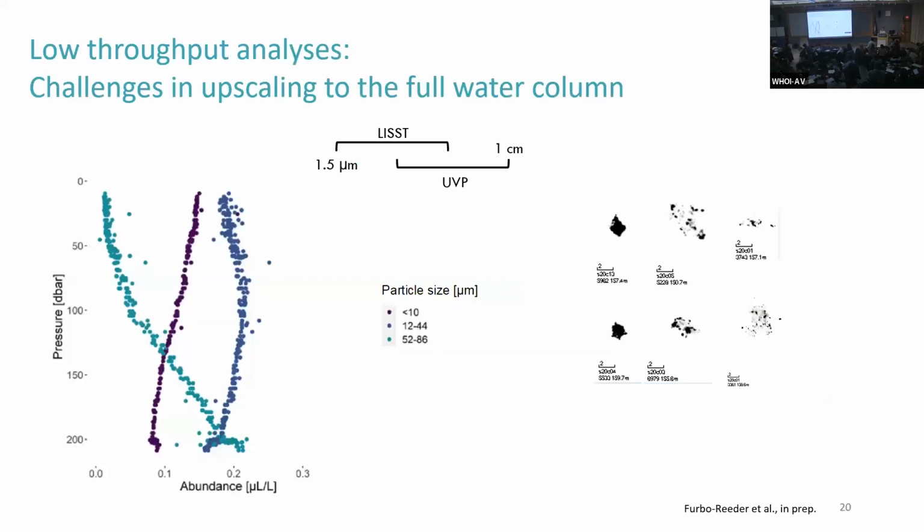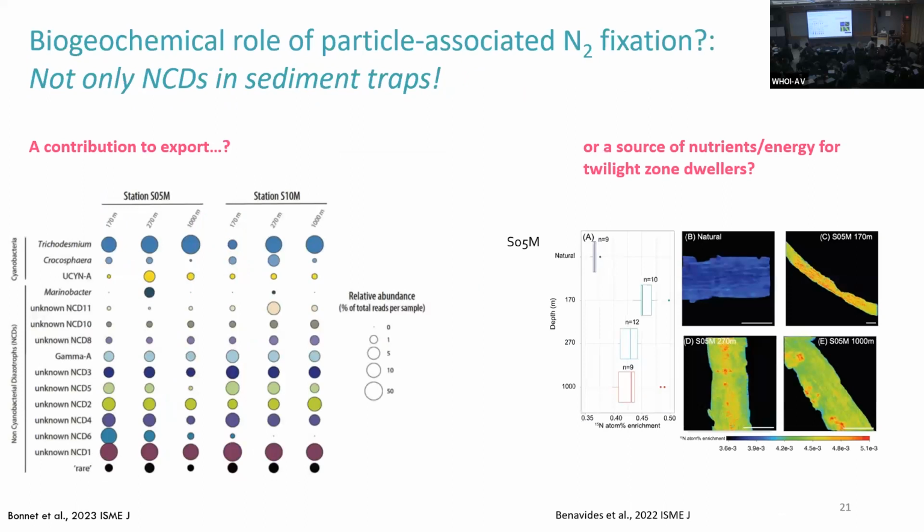So next is the problem of the extrapolation. Of course, NanoSIMS is a very low throughput method. How are we going to upscale that to the full water column? Our approach for now, which is maybe a little bit naive, is to try to measure particle spectra using usual methods such as the underwater vision profiler, so that we can know how many particles of each size range we have within a water column, so that we can extrapolate not just by the volume of the water, but in a more coordinated way, so to say. But I assume that some people in the room have better ideas to do this with artificial intelligence or something more fancy.